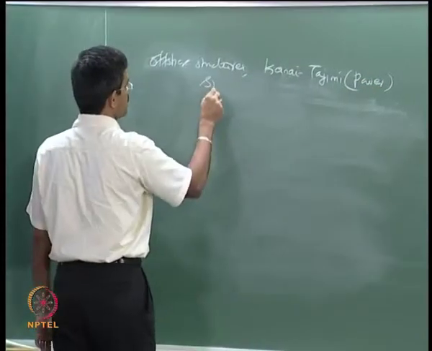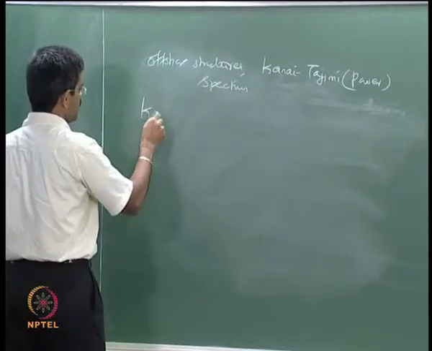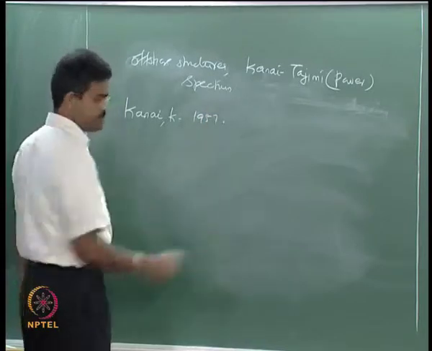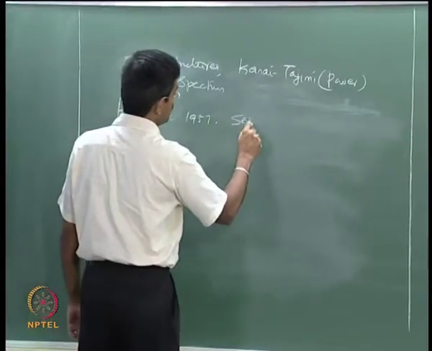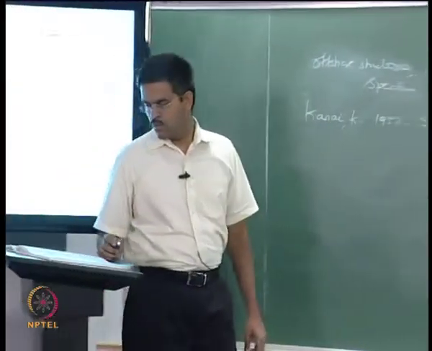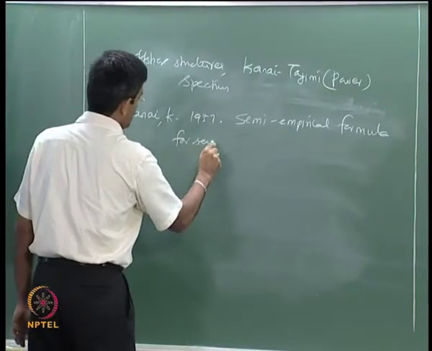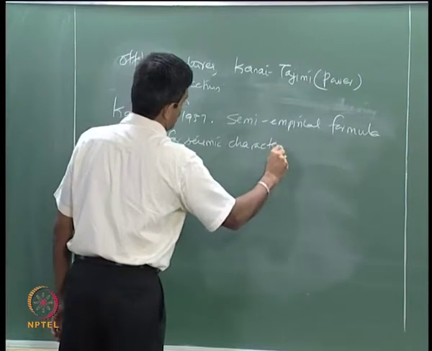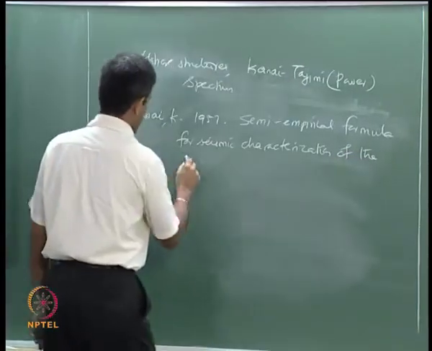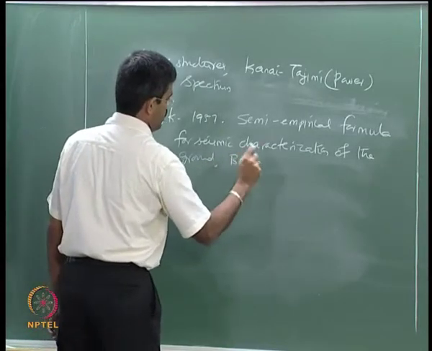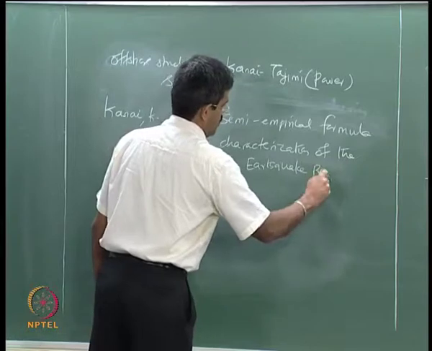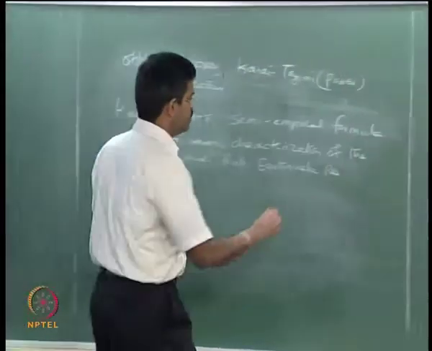Some people call this power spectrum, so I am writing it in brackets, which is given by Kanai K in 1957 for seismic characterization of the ground, published in Bulletin of Earthquake Research, Institute, University of Tokyo,